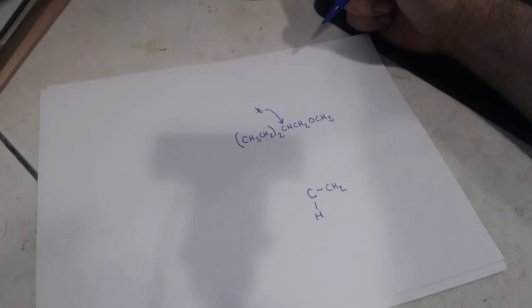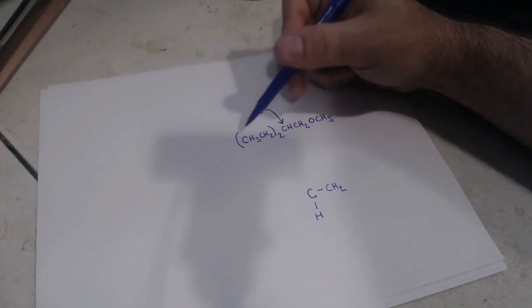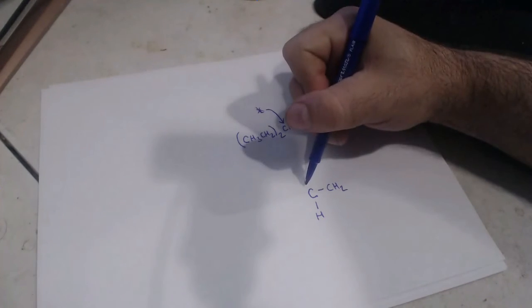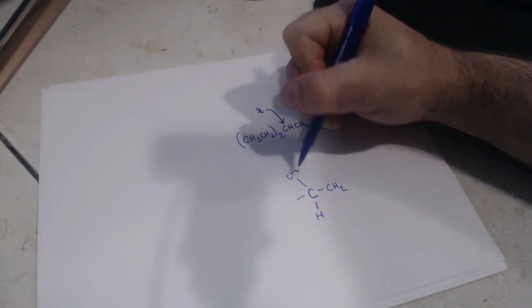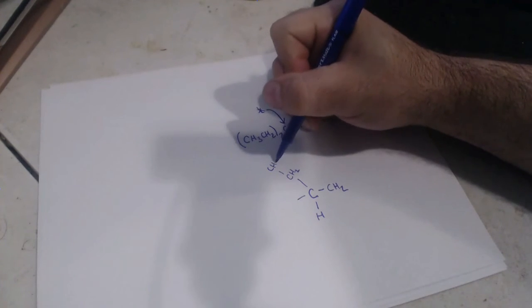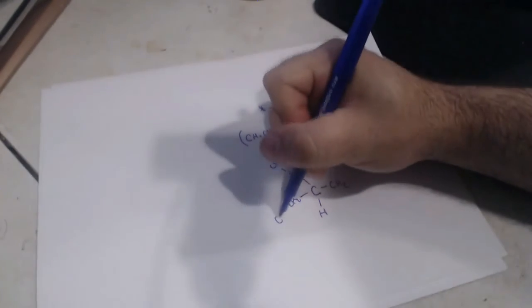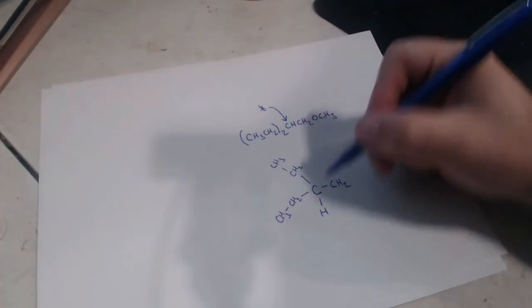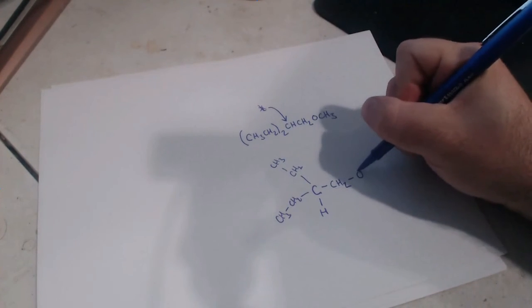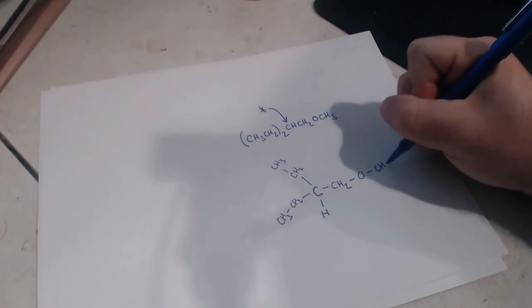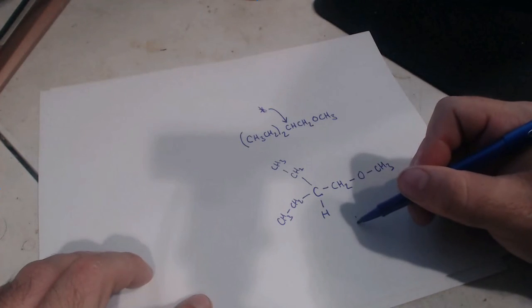CH2. Then look back here in parentheses. This kind of gives you the rest of the idea. It's connected to 2 of the identical groups. And the identical groups that it's connected to are what's inside the parentheses, a CH2, CH3. Now, going back over here on this side, we've already got this CH2, and so next is an O and a CH3. So at the end of the day, this structure is